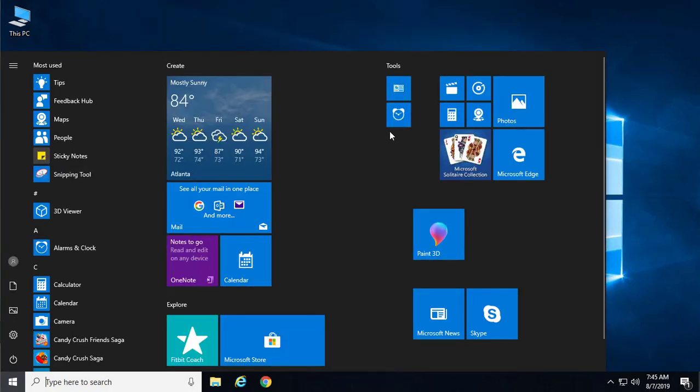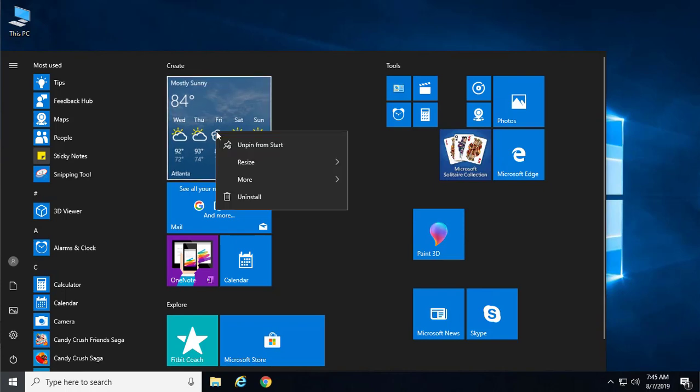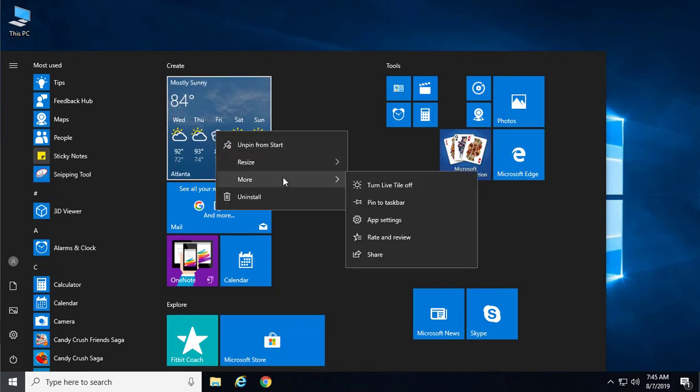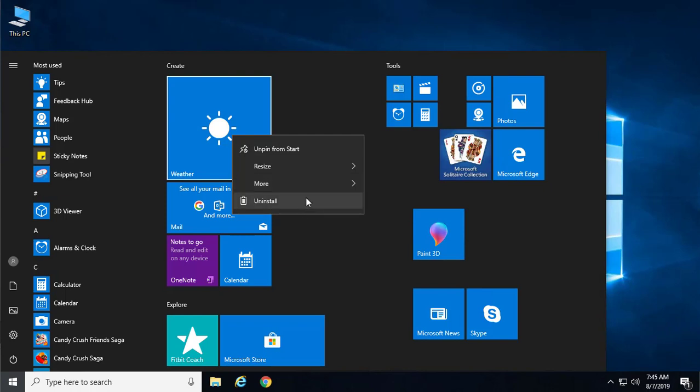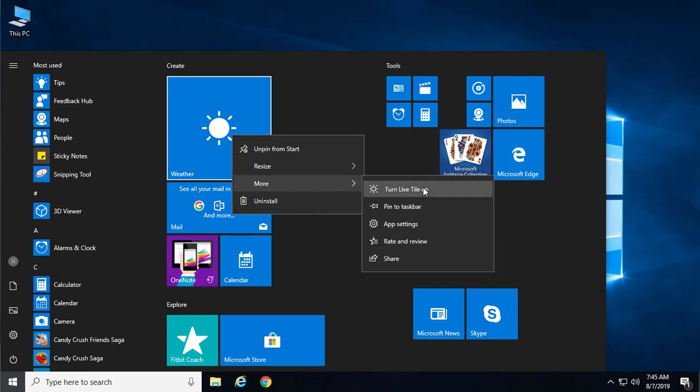So click on here. I've got a small one there. And again, I can drag these around to do this. Now, the reason this is showing the current weather, or it will always show my current weather in the forecast, is because it's what's called a live tile. This is actually a running program of weather. If I right click on it, I can go to more and I can say turn live tile off. And see, now it just went blank because it's no longer active. So if I right click this again, go to more, and say turn live tile on, it's going to show